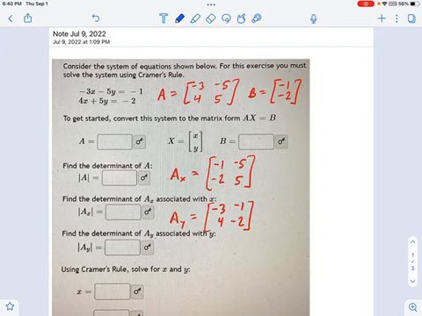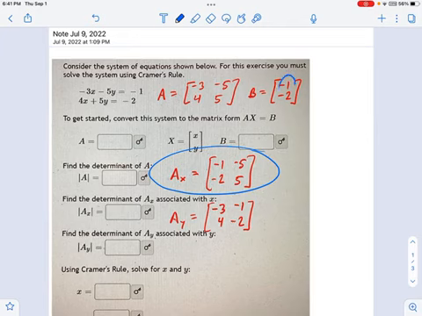So you see, the first thing we're asked for is to convert this into matrix form, right? I have the coefficient matrix here. I have my solution matrix there. And what I'm going to need is two more matrices. See, one of them is this thing called AX, and I'll show you the way that's coming about.